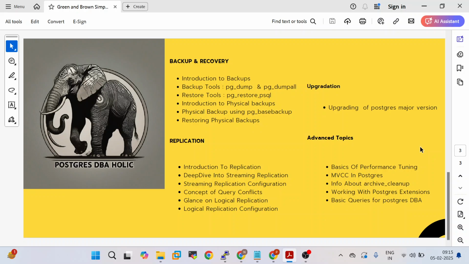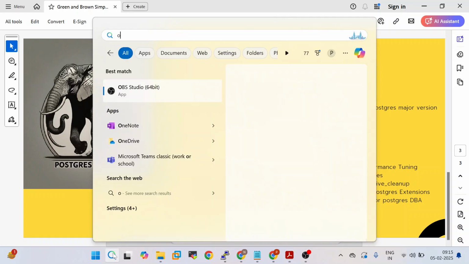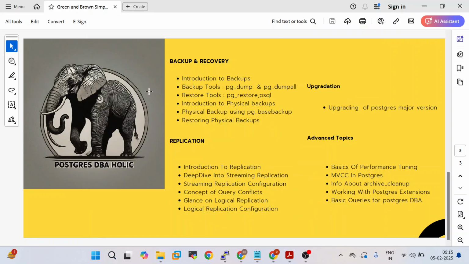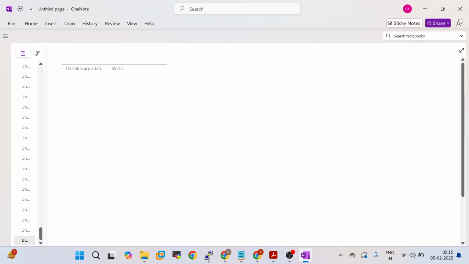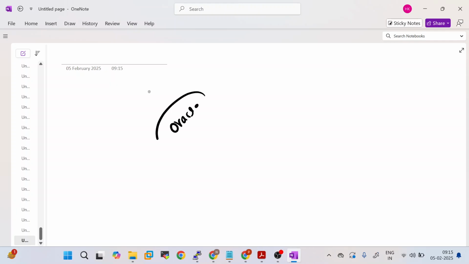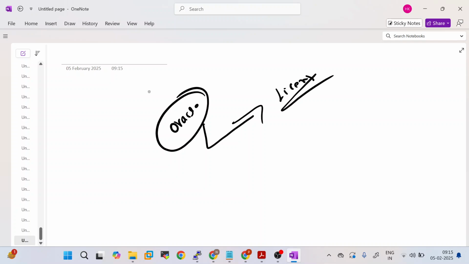To start with, why Postgres? We have traditional database management systems like Oracle, SQL Server, and DB2. But why did Postgres suddenly come into the limelight? When you take Oracle or SQL Server as an example, you need to pay. Let's say you wanted to install an Oracle database in your organization, you need to pay some licensing fee to Oracle Corporation. If you are going to install SQL Server, you need to pay some license to